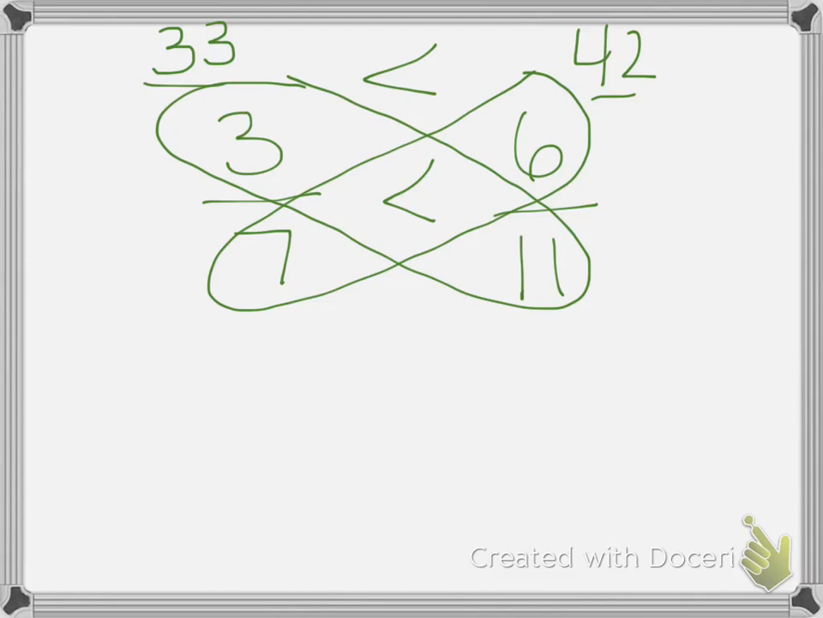So feel free to use common denominators or turn them into decimals or cross products. Any of them will work. I think you'll find that cross products is the more efficient way to do it. All right,